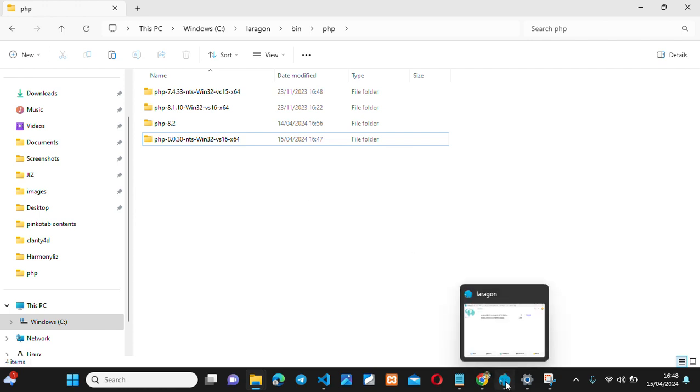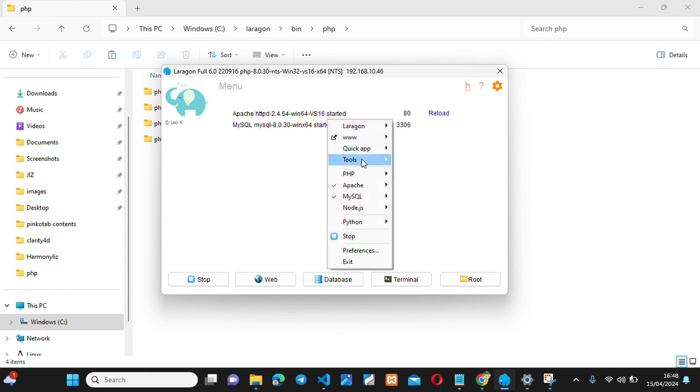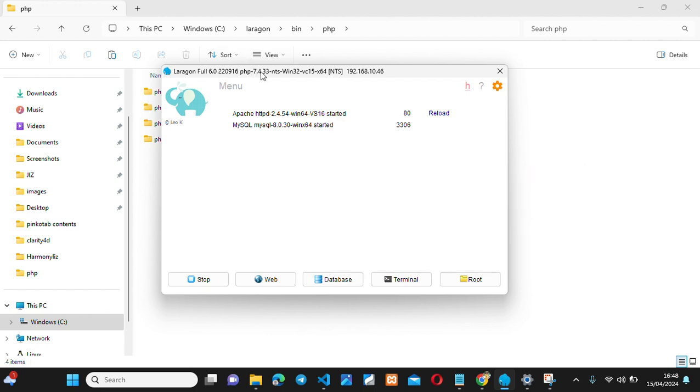So when you come to Laragon, sorry I did not show you before, but you can see it here now. PHP 7, 8, 8.1, 8.2. There was no 8.0 there before, but now we have 8.0 installed. So you can switch through different versions. You see 8.4, you can right click here again. If we stop this,